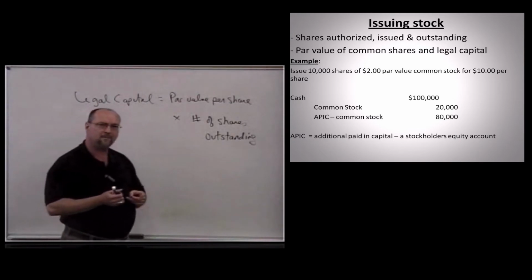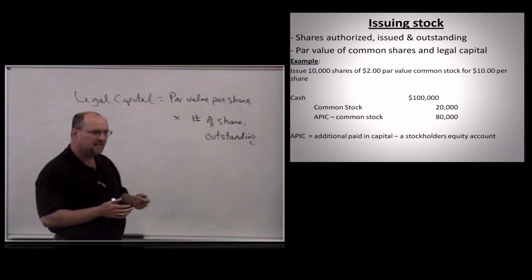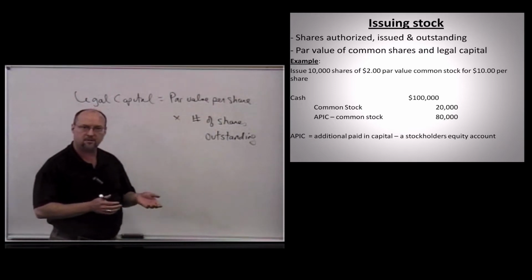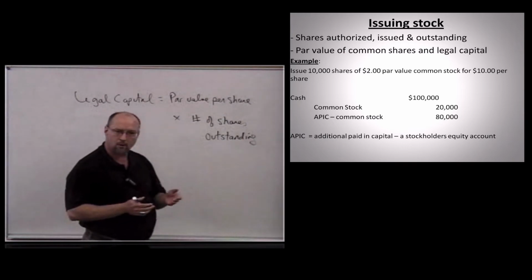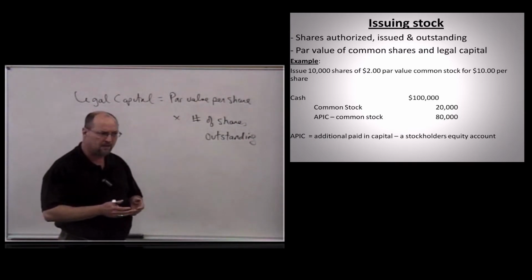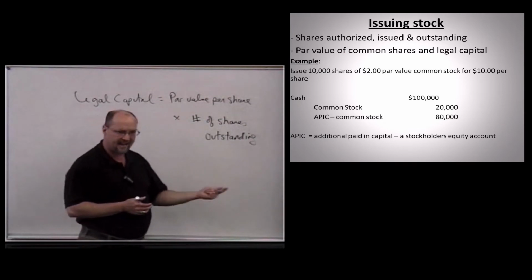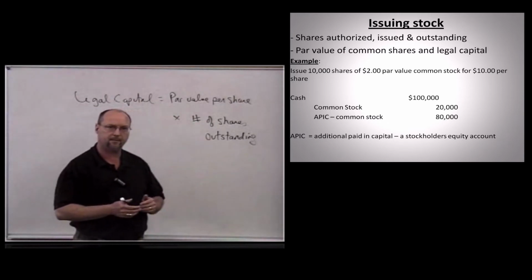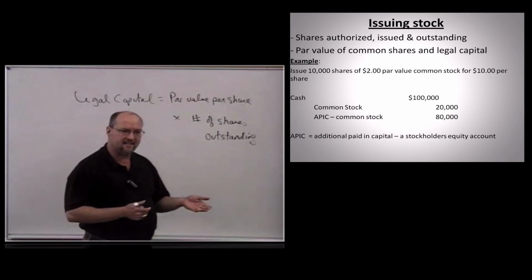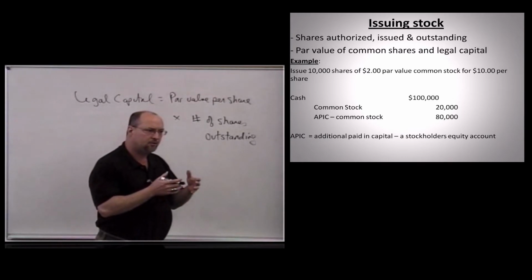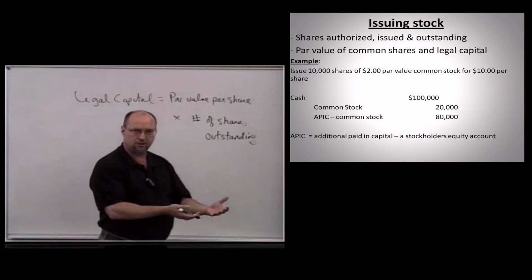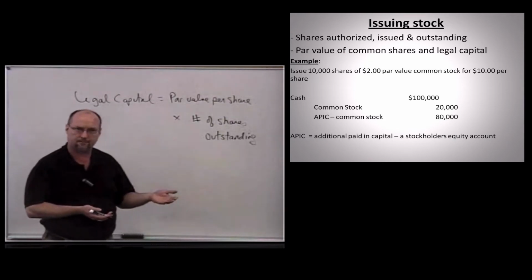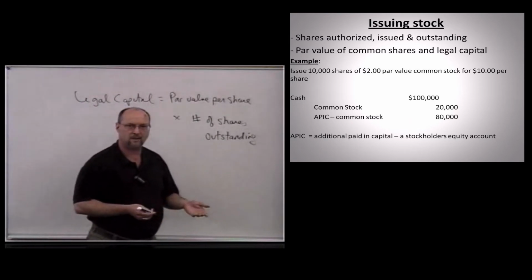All right, now the problem with the concept of par value is that the laws allow each company to establish whatever that par value is to be per share. And nowadays, most companies establish par value at a penny a share, a half penny a share. A lot of companies, par value is 1/10 of 1 penny per share. And so the reality is, it doesn't really create much of a reserve for the protection of creditors. They kind of undermine the concept of the rule. However, we still have to account for it.